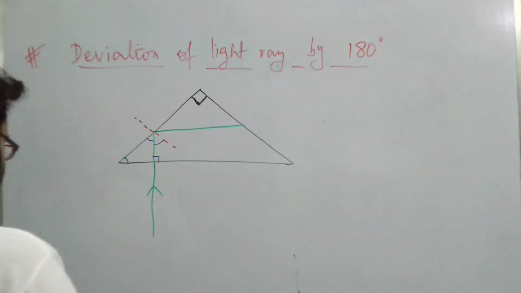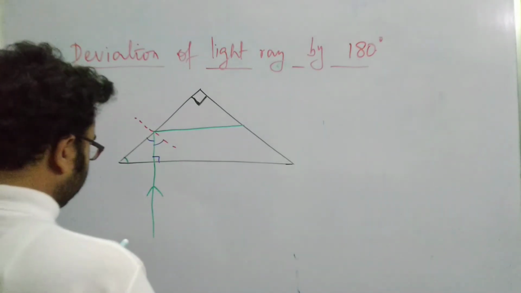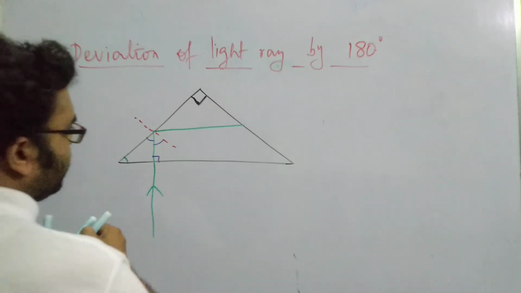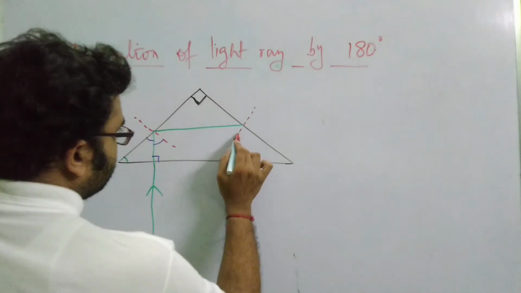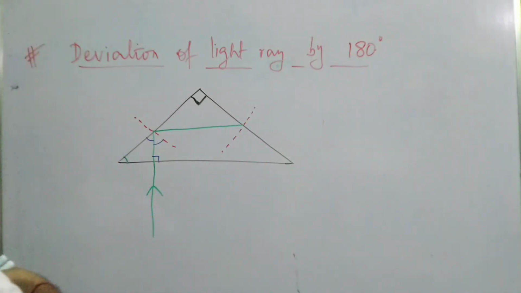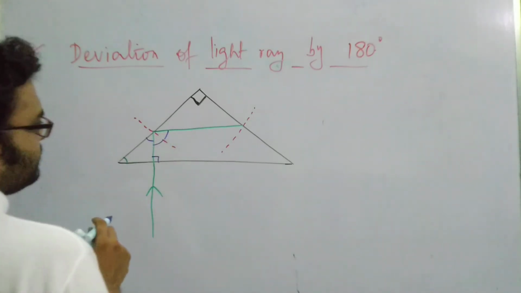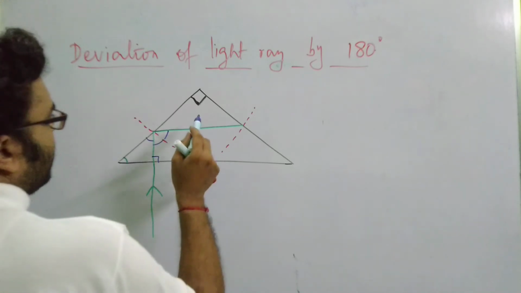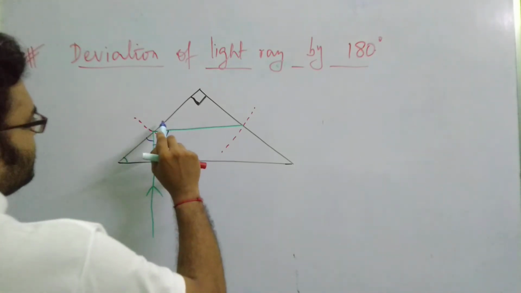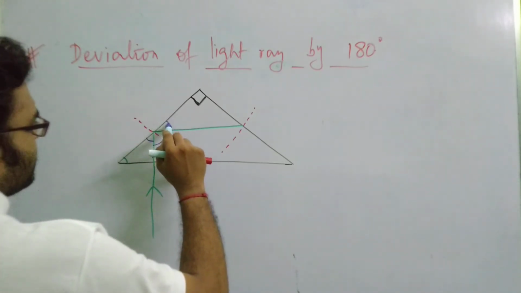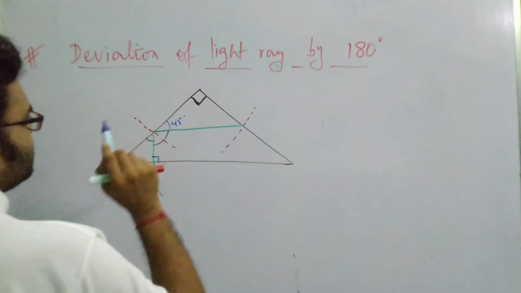So when it strikes this surface, the light ray also strikes at a 48 degree angle. How can we determine that? Draw again a normal here. If I consider the various angles, this angle is 48 degree, as you know. So when the light ray falls here, if this angle is 48 degree, then this angle is also 48 degree. By now you have understood the geometry.